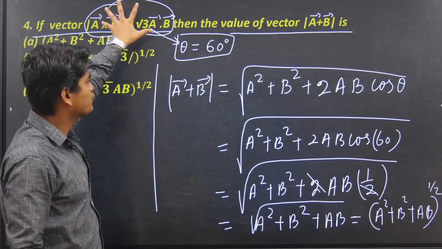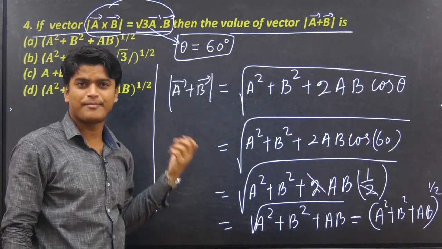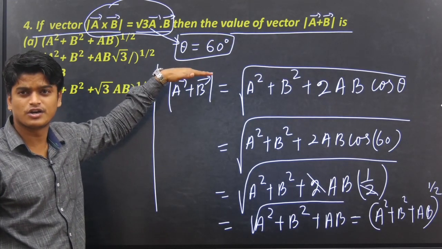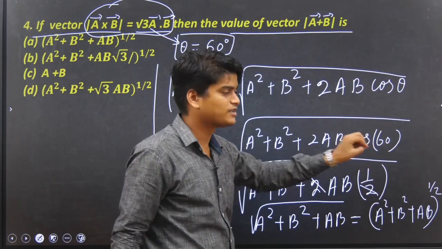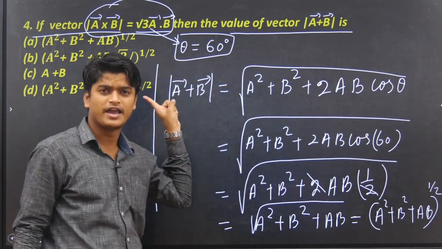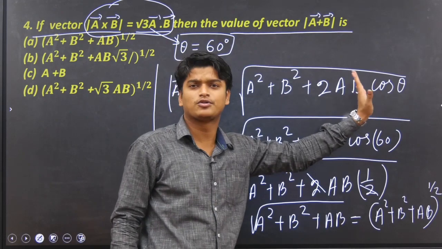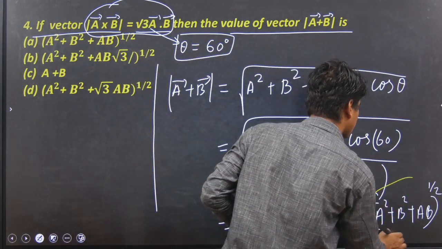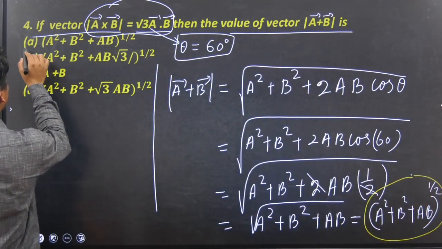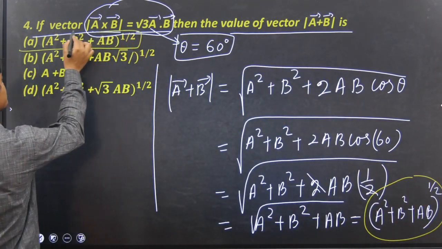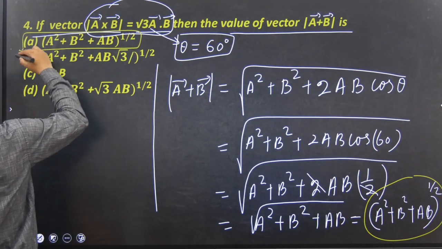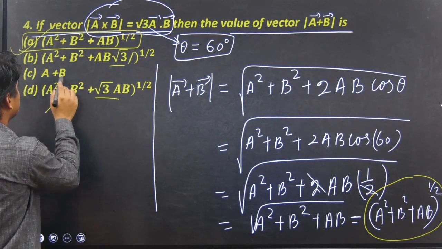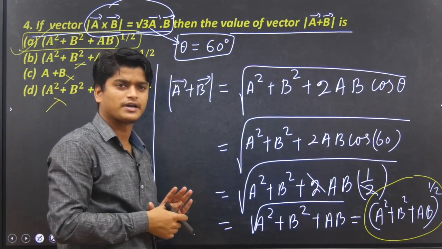I hope you understand, simple thing. If you are starting from this question, from this condition you have to find the 60 degrees, but I am not finding 60 degrees because I remember I solved it already in question number 2. From this condition 60 degrees will come. Now this 60 degree value I will put here, from the formula for the resultant vector, the magnitude of A vector plus B vector. Then you calculate by putting the theta value. Now here you see, this is your answer. Now check with the options. Here it is given A squared plus B squared plus AB to the power half. That means this will be your answer. I think option A will be correct. Other things no need to check. Here root 3 is there, something, this will not be correct. So answer A will be correct.